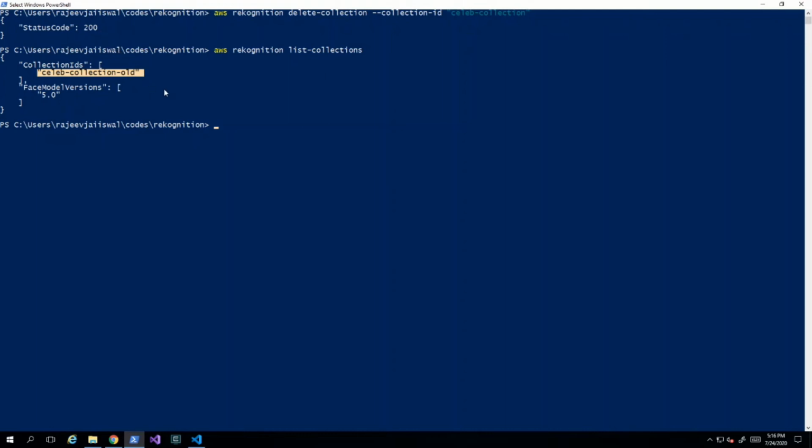So these are the basic commands, guys, which you can use on the CLI to create your collection, index your faces, which is uploading the data into the collection, and then match against the collection to see if a match is found and what the similarity percent and confidence level are. You can use the list and describe commands to understand details about the collection, and then delete the collection using the delete command. All right. Now we will be doing the same exercise using the application. So let's jump to the application.